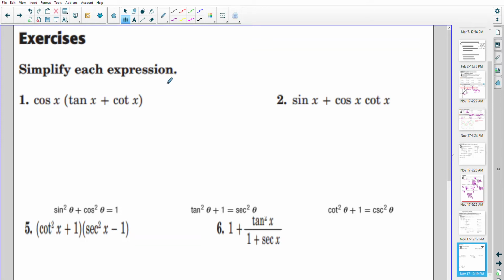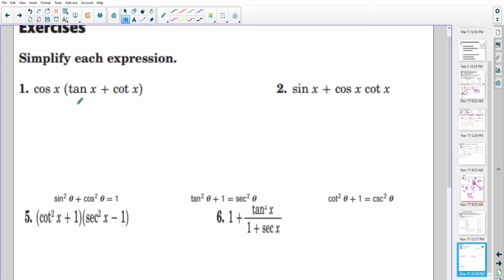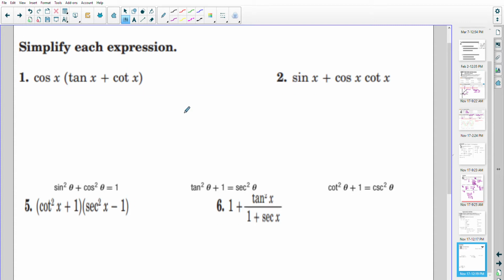We're going to go ahead and solve some more problems using identities. These directions say simplify each expression, which basically means to break them down into the simplest form. And so you're going to do substitutions of the trig identities to try to do that. Now, looking at the first one, you see cosines and sines are generally the easiest form to deal with, but